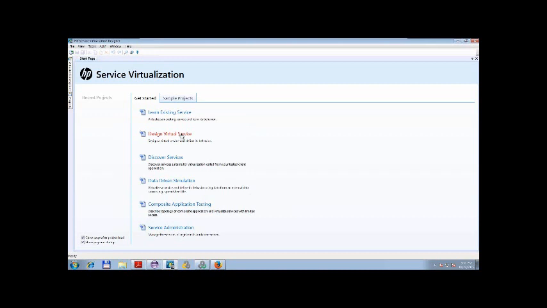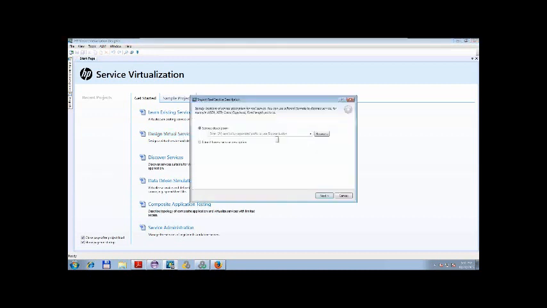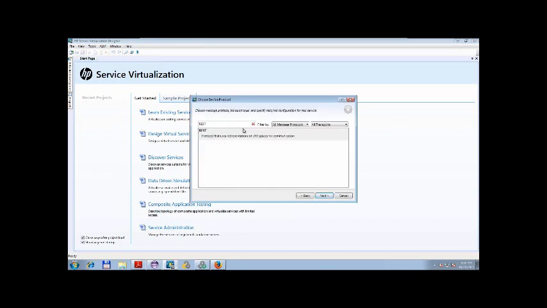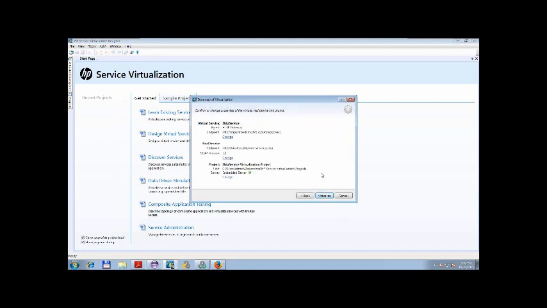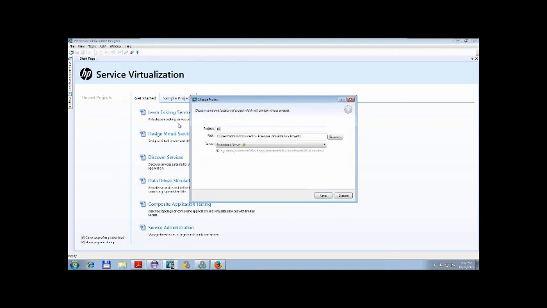And I'll select the way to create the service by designing the virtual service. I have two options. I either start selecting the technology that I need to have, or I already know that there is a technical construct like COBOL copybook, schema, or WSDL, or REST descriptions, and so on. So I can just point to it, and the service virtualization parses all the information and creates the skeleton of the service. So I just need to give it some meaningful name,